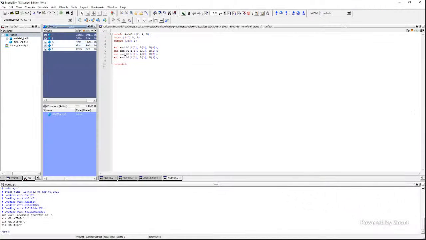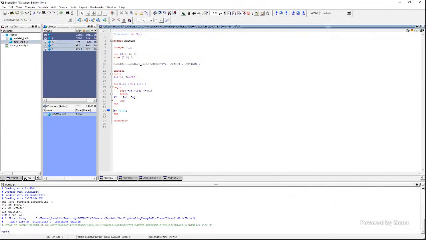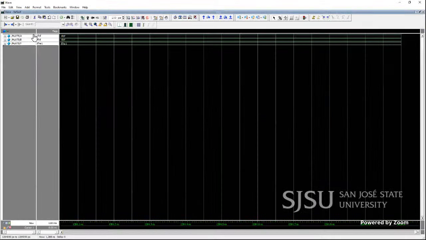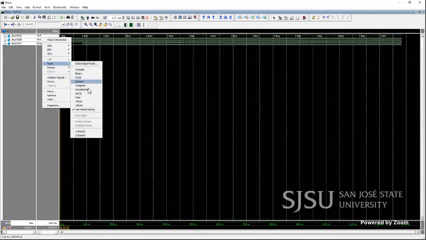Okay, and then simply simulate. Okay, we are at the end of the simulation. Let's look at the result. All right, there are a lot of numbers. Let me first change the radix of these to